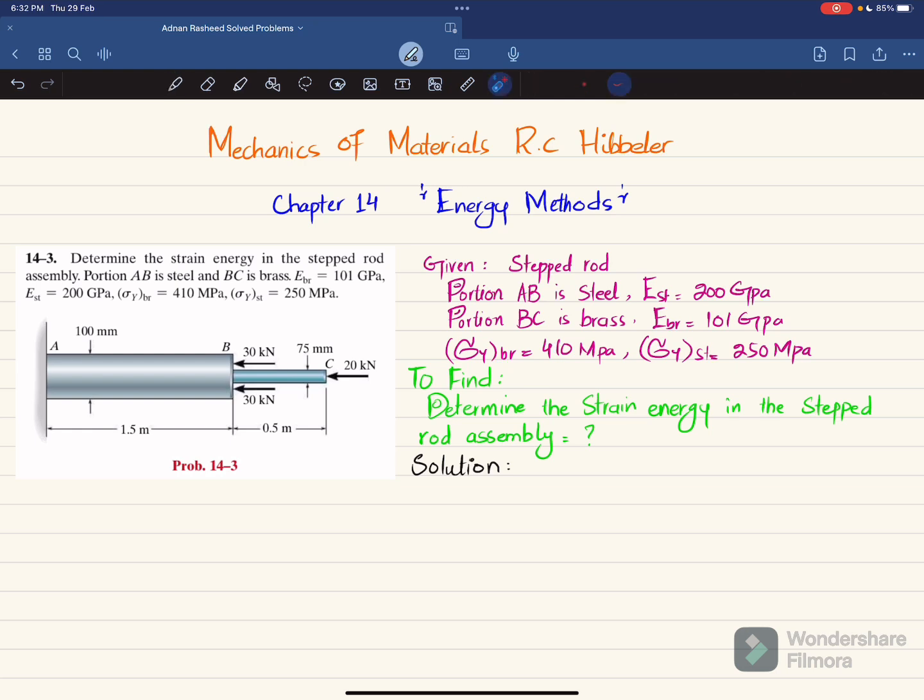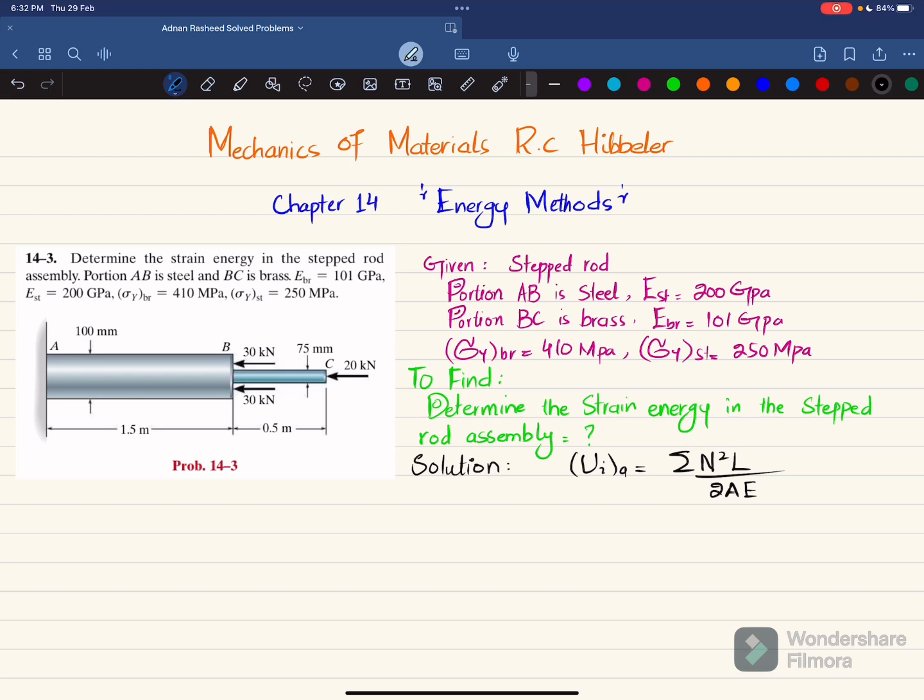Now you can see that these are all axial loads, and this is a step rod: this is one rod and this is the second rod. So we can write strain energy, which is represented as Ui, for axial loading. Since this is axial loading, it is equal to the sum of N squared into L divided by 2 times AE. Clear? Where N is the normal or axial force, L is length, A is area of that rod, and